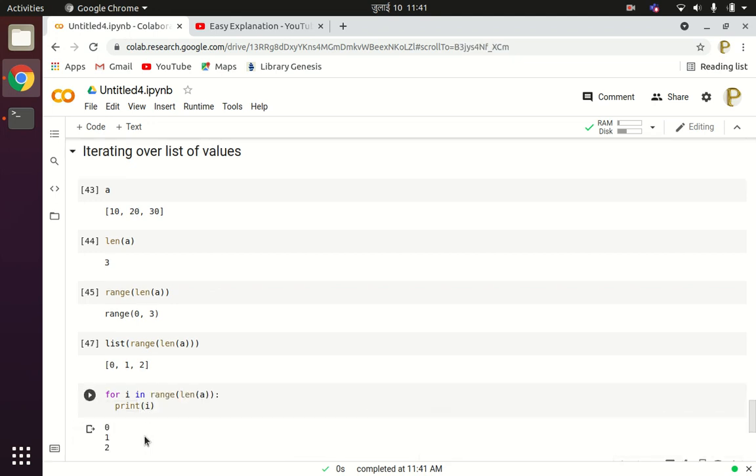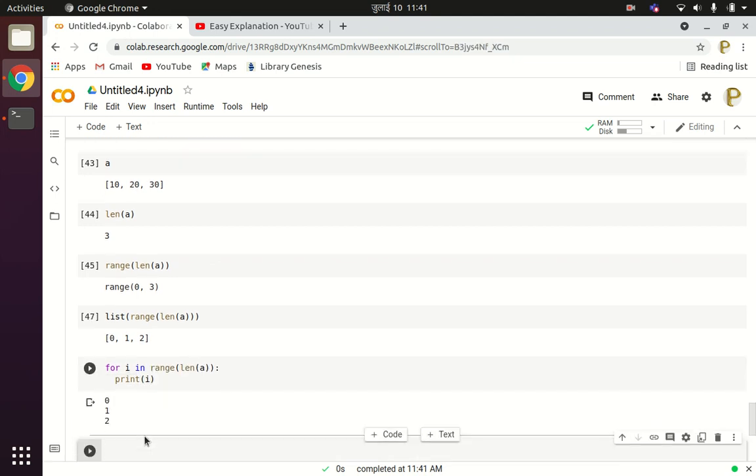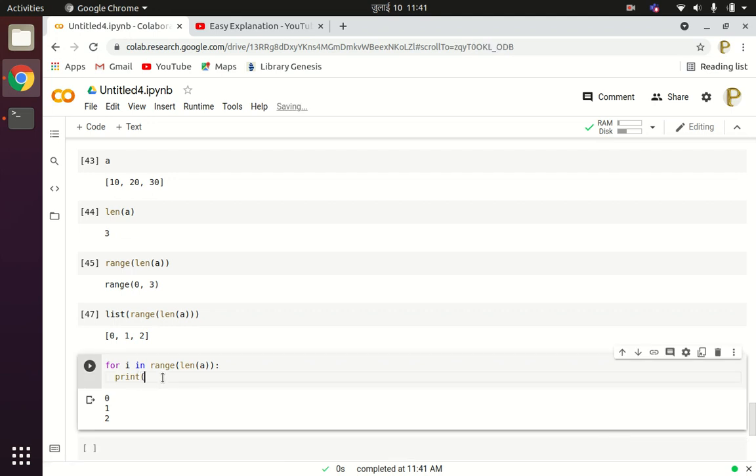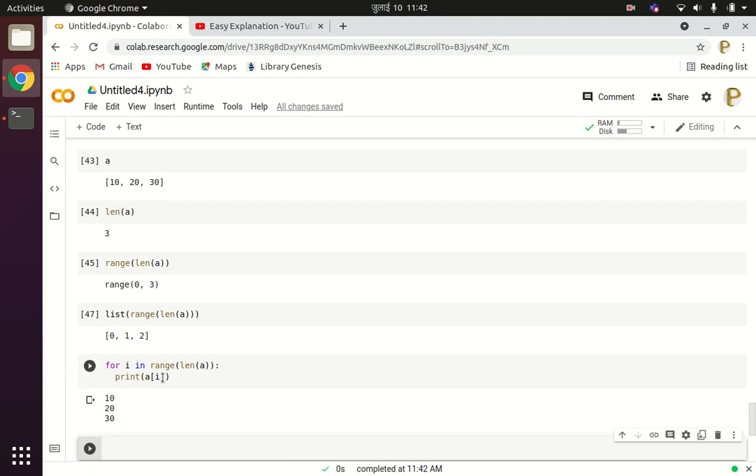Now if you want to get the value at the index, you can write A of i. See, these are the values that we can get by using a for loop. So in this way you can iterate using a for loop for the list data structure.